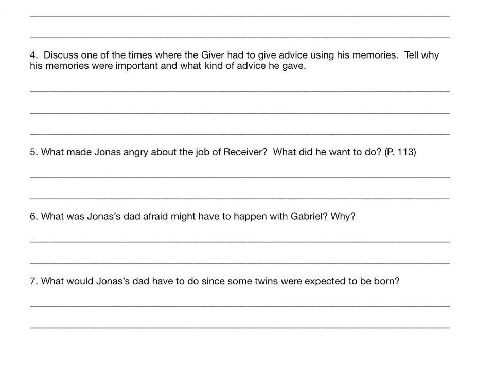Discuss one of the times where the giver had to give advice using his memories. Tell why his memories were important and what kind of advice he gave. So there's a couple examples he gave of this. Number 1, when the community wanted to allow more children, a bigger population, right? And the giver had new memories of starvation and how if you have too many people, you can't feed them all if there's not enough food. And so he advised them that it would not be a good idea to let families have more than 2